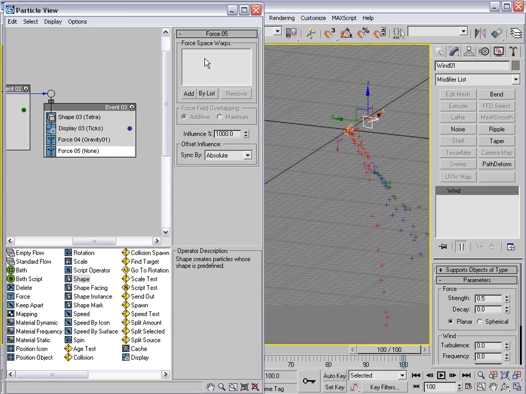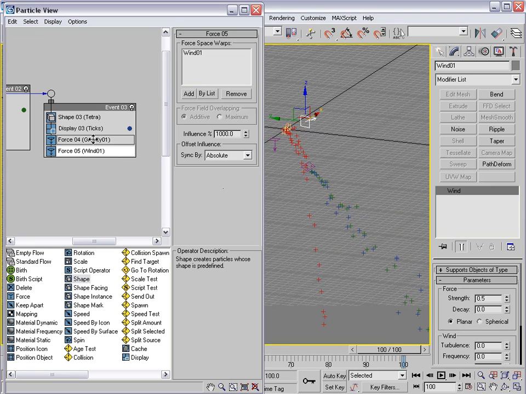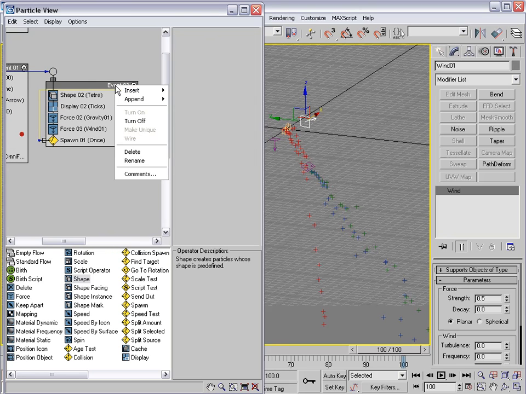So I'll add this other force event to the blue particles, and get the wind to affect them. And reduce the intensity. Right now I'll reduce the intensity to 500, just so that they are reacting a little differently than the green particles. Ultimately I'm going to try and make the blue